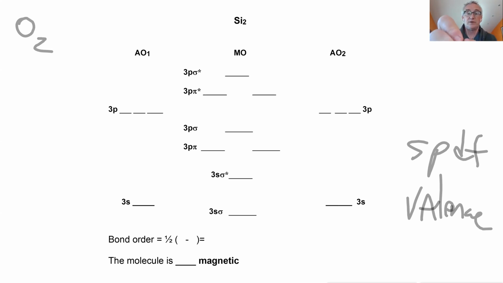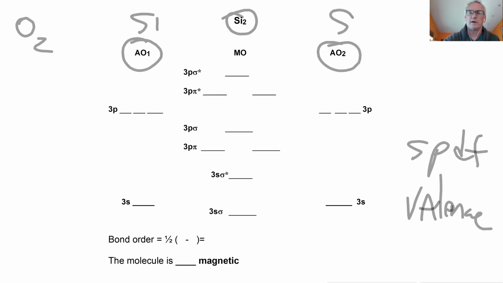So in this instance, can you make a diatomic molecule of silicon? Silicon's a whole other thing. So what's the first thing we need to figure out when we have a silicon atom here and a silicon atom here? What's the very first thing we need to figure out when we're coming up with the atomic orbitals for silicon over here and silicon over here? What do we need to know?